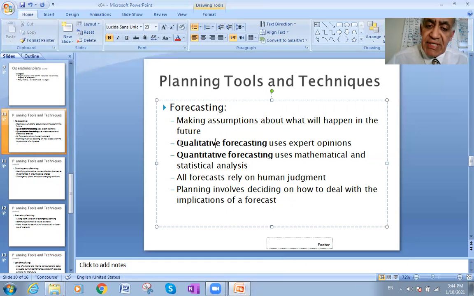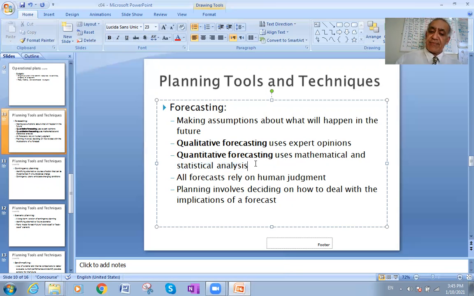Okay. Qualitative forecasting. The qualitative is based on the experience of the people, the points of view and the opinions of the people who are working with you. They create the qualitative forecasting. But the quantitative forecasting is when we use math and operations research, for example, linear regression in forecasting the sales within 50 years. So this is a mathematical approach, the quantitative.